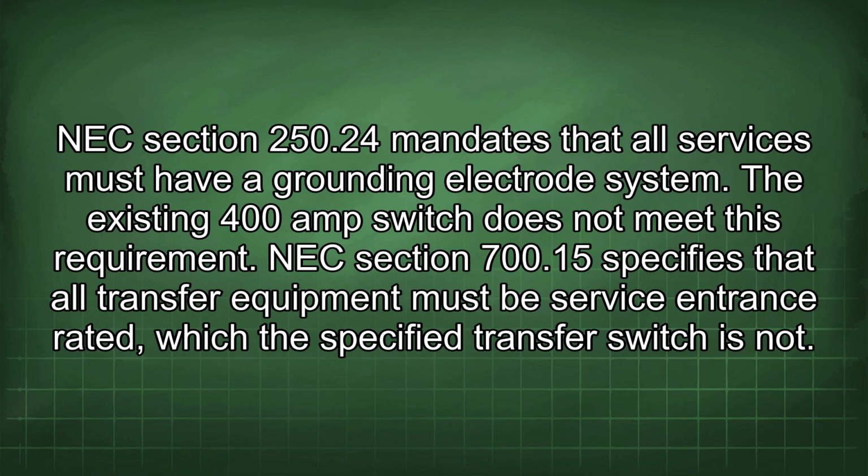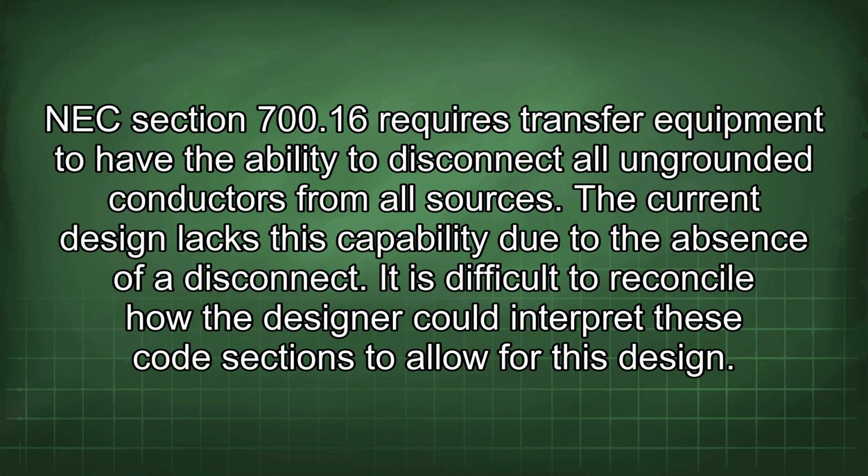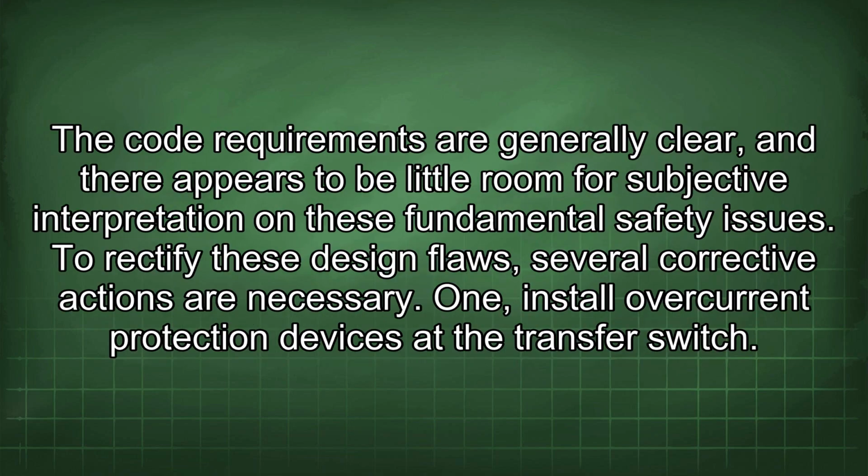NEC Section 700.15 specifies that all transfer equipment must be service entrance rated, which the specified transfer switch is not. NEC Section 700.16 requires transfer equipment to have the ability to disconnect all ungrounded conductors from all sources. The current design lacks this capability due to the absence of a disconnect. It is difficult to reconcile how the designer could interpret these code sections to allow for this design. The code requirements are generally clear, and there appears to be little room for subjective interpretation on these fundamental safety